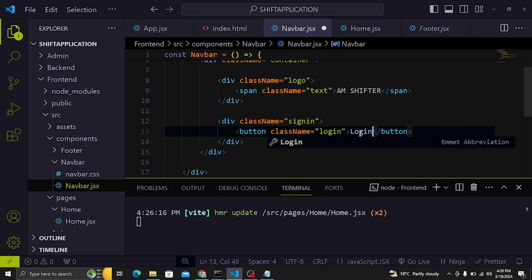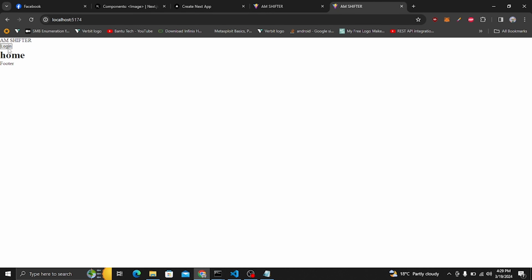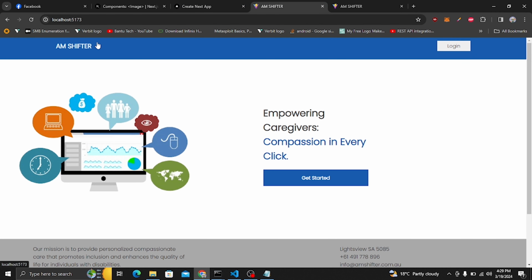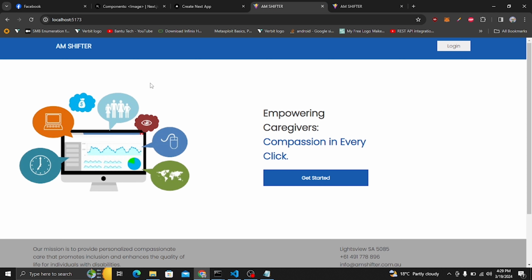So what else do I need? I'm going to save this, and let's see what we'll see here. You can see we are able to see the AM shifter and then the login. Another thing that I need to look at is when you hover over here, you can see here at the